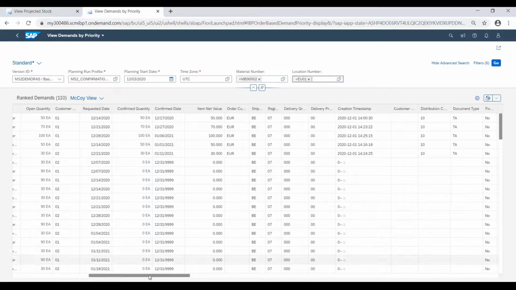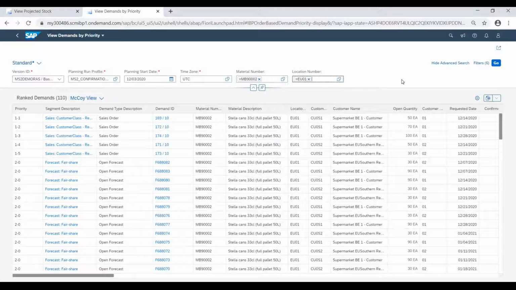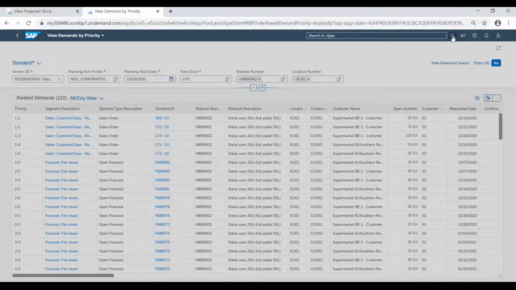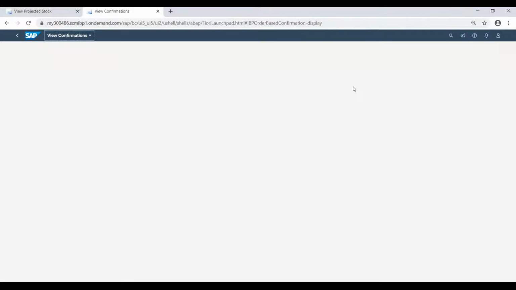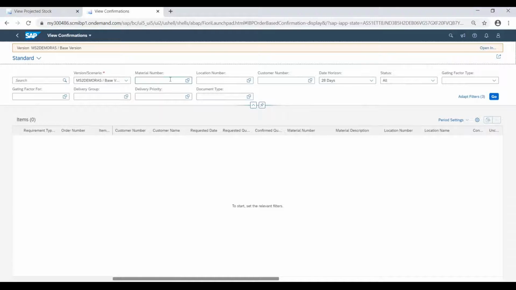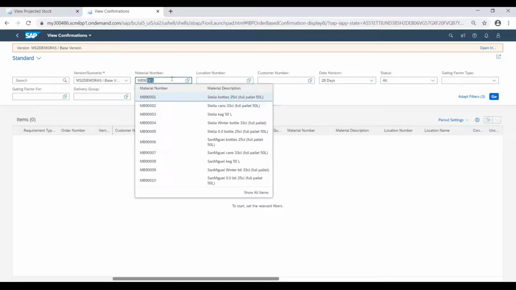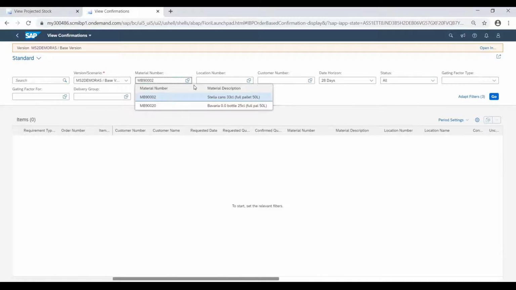And now the confirmation run finished. So I'm going to show you the confirmations in the system. For that, we go to our View Confirmations app. We select again our material and location.